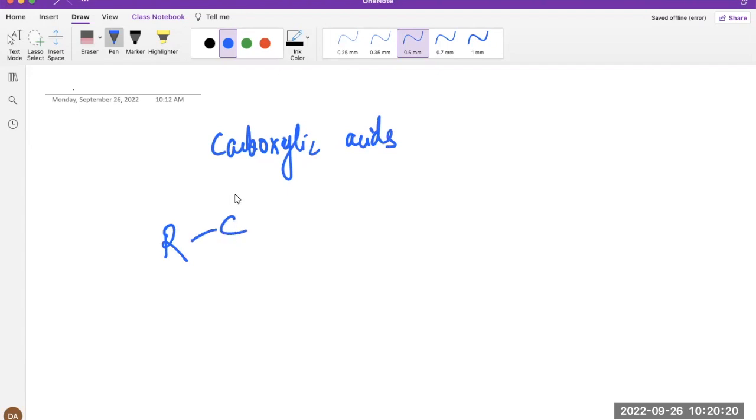So guys, this is another functional group that happens to have the C double bond O, which we call carbonyl, if you guys remember. So carbonyl is C double bond O. We have learned many functional groups so far that had carbonyl, including the aldehydes. We learned ketones, and today we're learning the carboxylic acid. So once we learn the carboxylic acid, we'll later on be learning in other videos the derivatives of carboxylic acids. For instance, we're going to be learning esters and amides and anhydrides and things like that. Okay, so first of all, let's talk about the carboxylic acid.